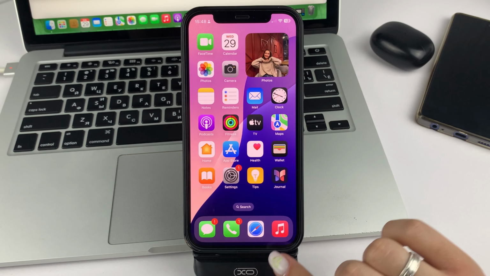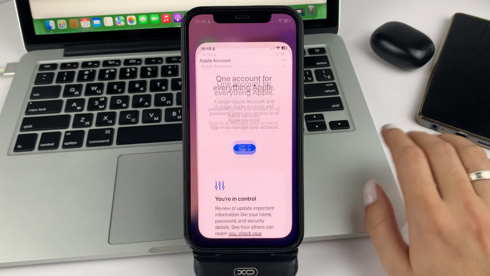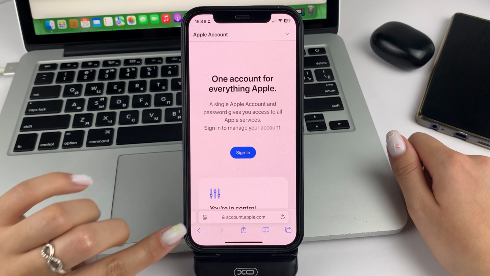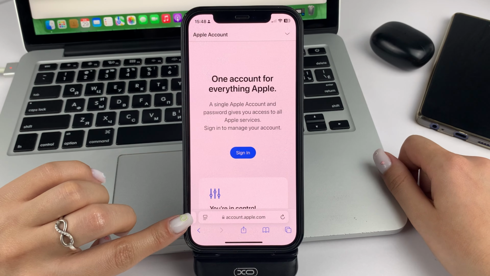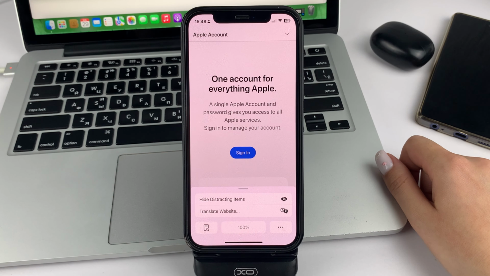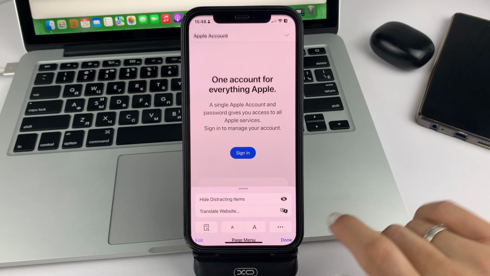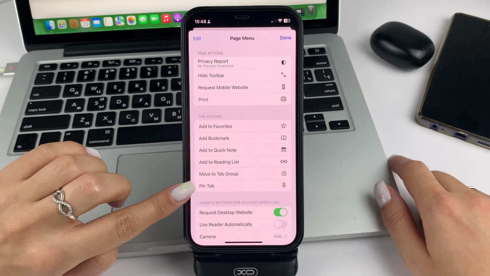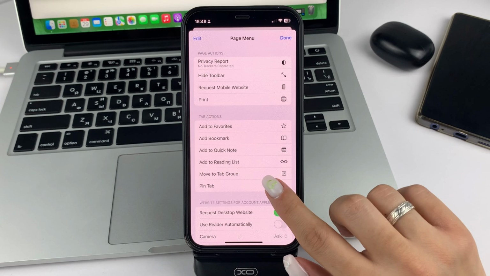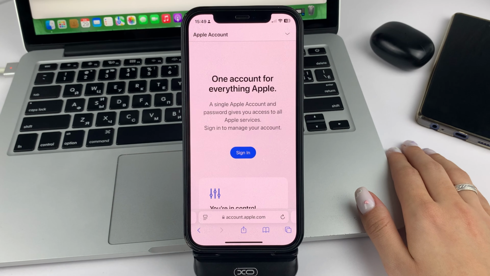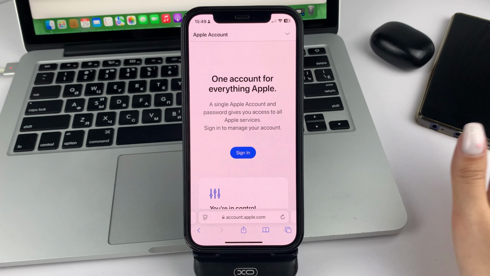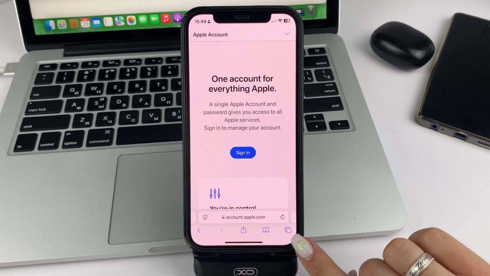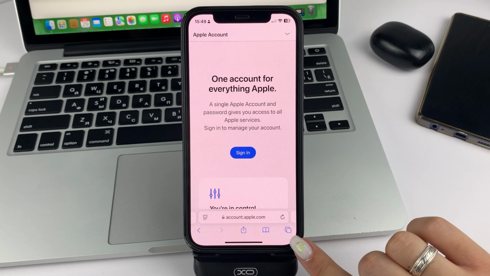Open the necessary web browser. In my case, it will be Safari. Next, you will need to go to this sign on the bottom left. Click on the three dots, and you can easily find the option that is called Pin. Click on it. After that, friends, you will be able to see that your site is anchored. But in what way? You will need to click on the two square sign on the bottom right.